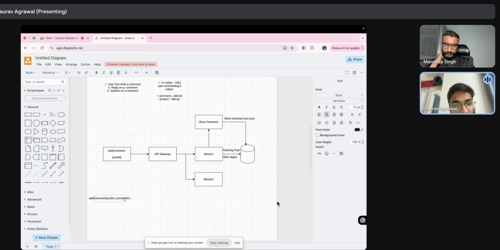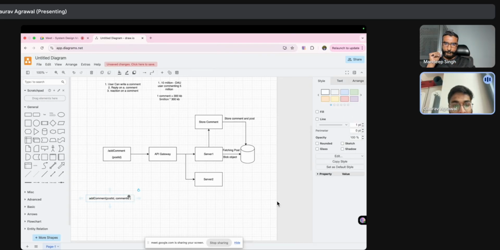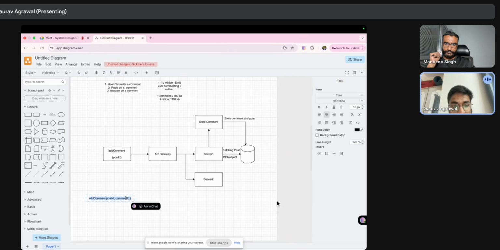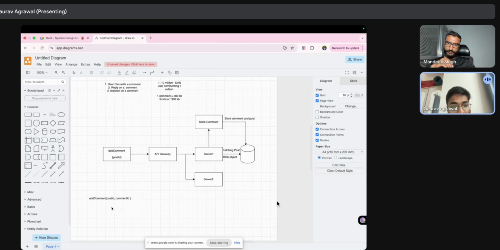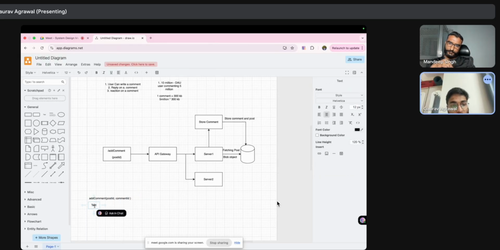We have to make this comment ID an optional field, and in this API we are going to check whether this comment ID is present or not. If it is not present, then we are going to assume it is a fresh comment. On the other hand, we could also create a separate API just to handle these two cases. So that we can do.